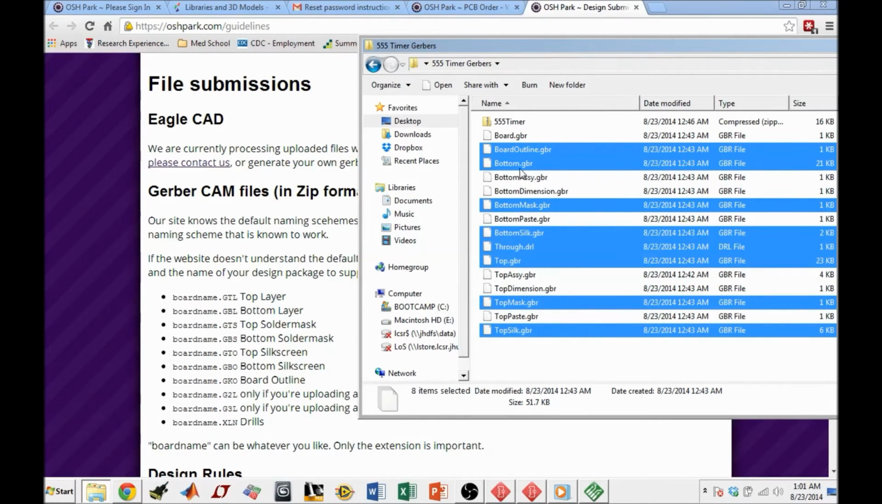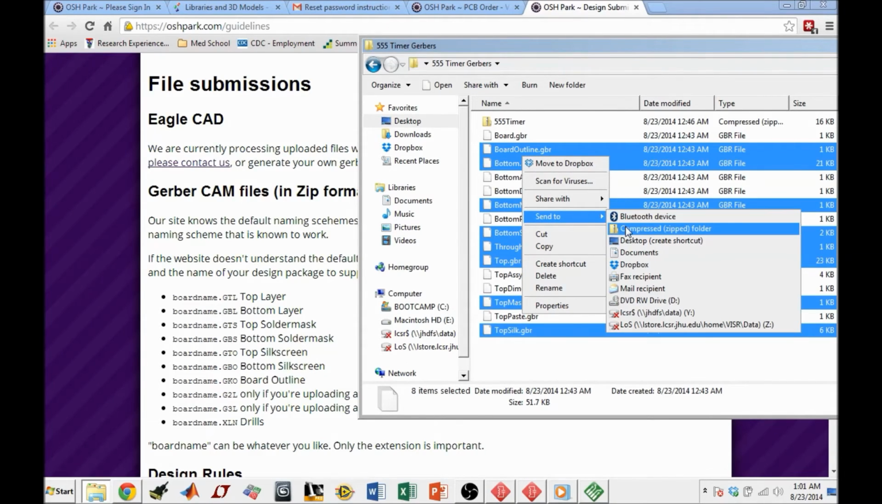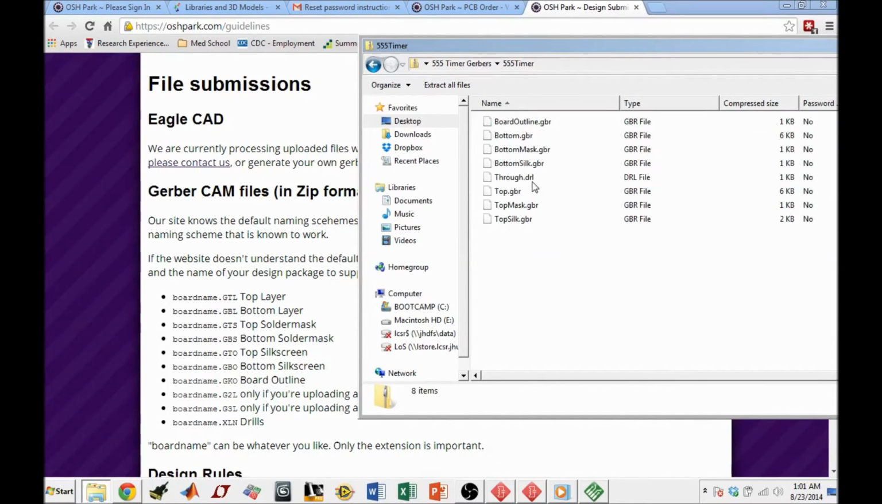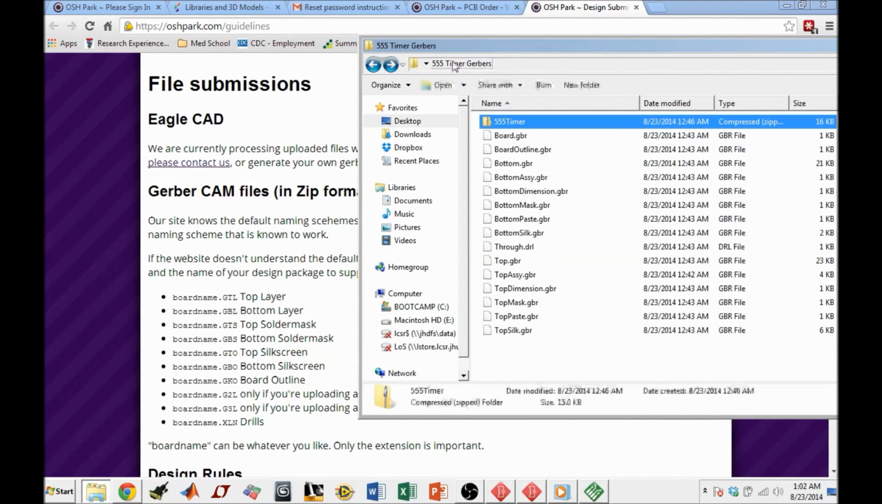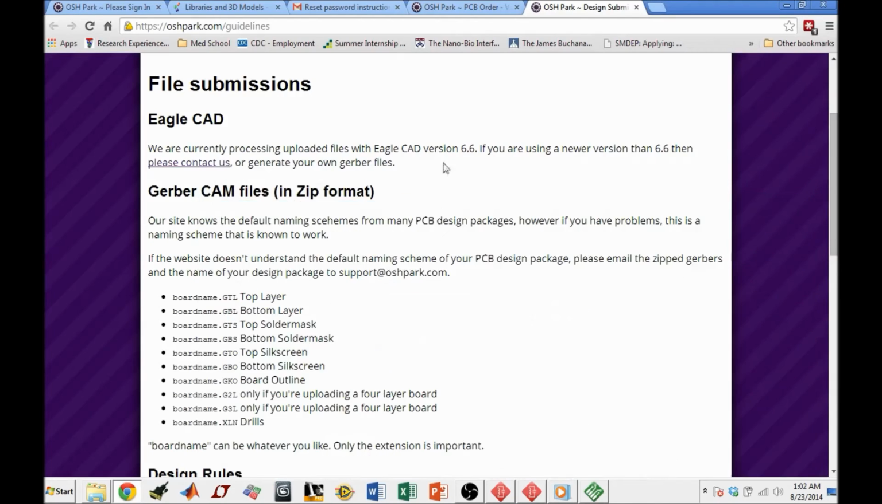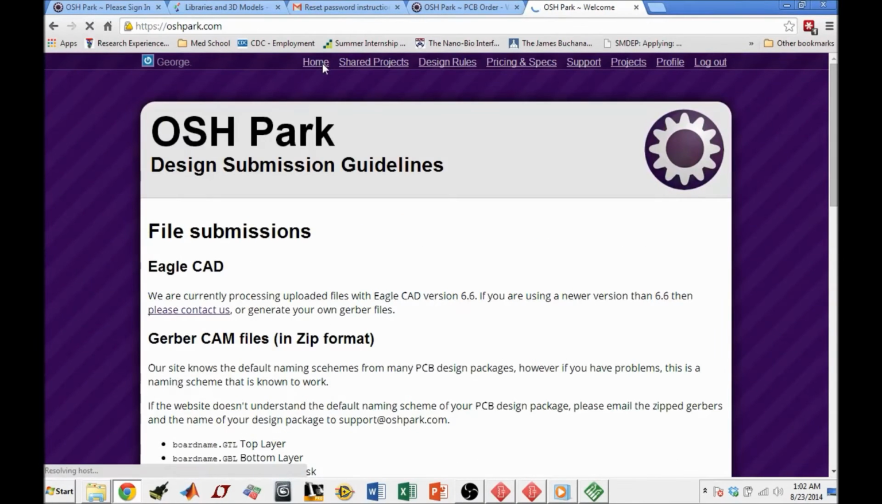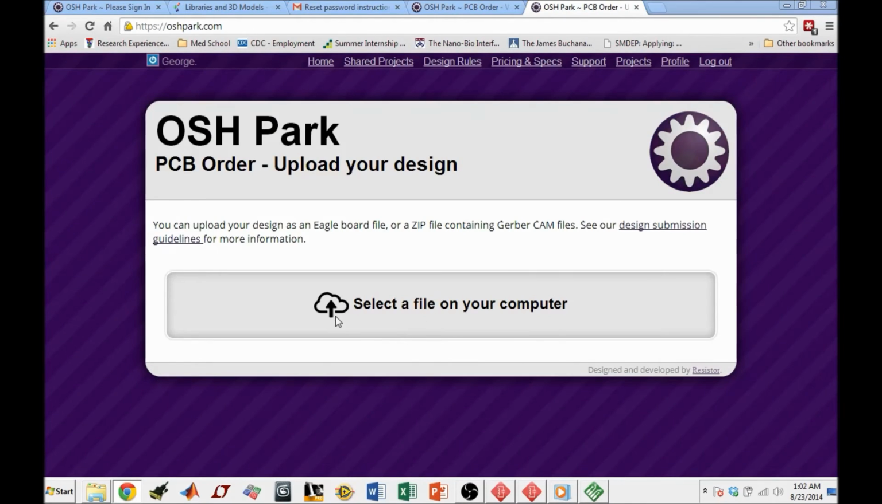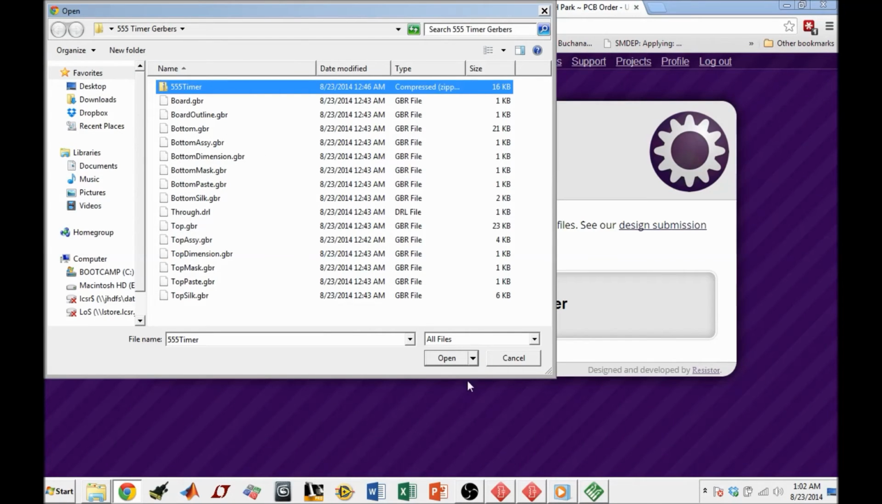And you're going to go ahead and just right click and convert them into a zip file. I already did that for this case, so if I go ahead and open them up, you'll see that I selected the appropriate files that are needed. Okay, so with that, you can go ahead and get the zip file and go to home, and you can hit get started now and select a file on your computer. Go ahead and select the zip file,